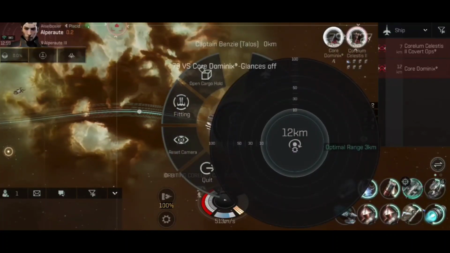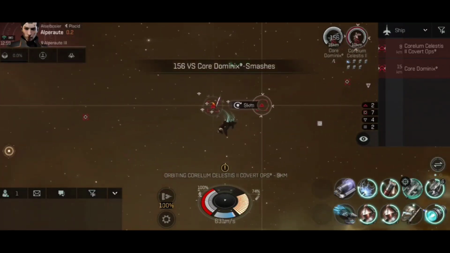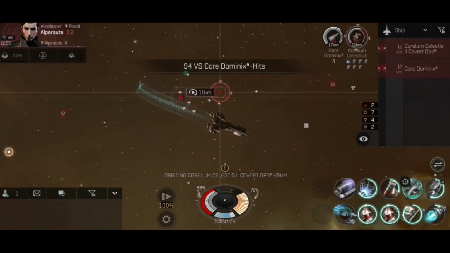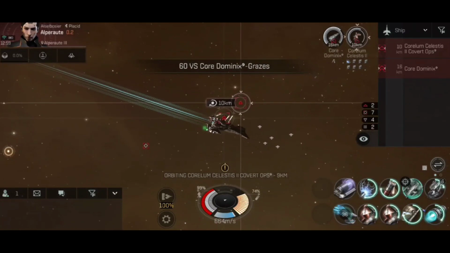So we are going to move away a little bit. I'm going to set the actual orbit to 11 kilometers there. As we move away, we get that lower angular velocity. That's when our turrets kick in and do better damage. Once we start orbiting, you'll see that we start to do a little less damage because the tracking becomes an